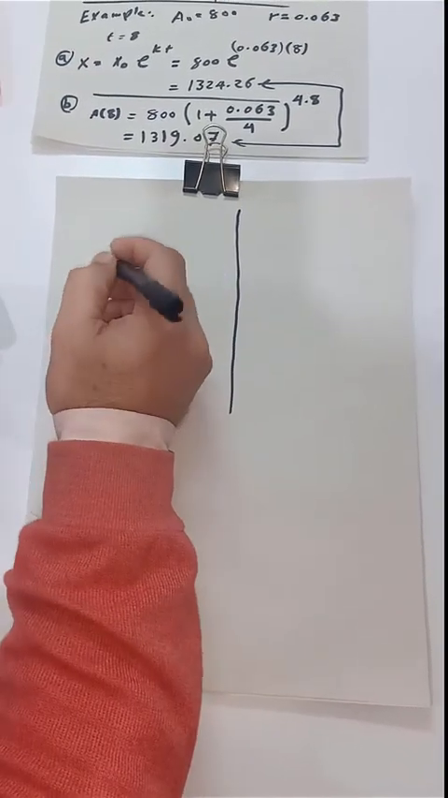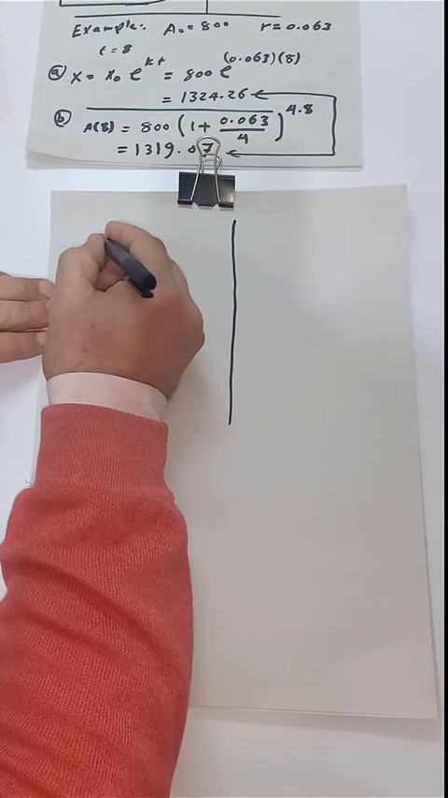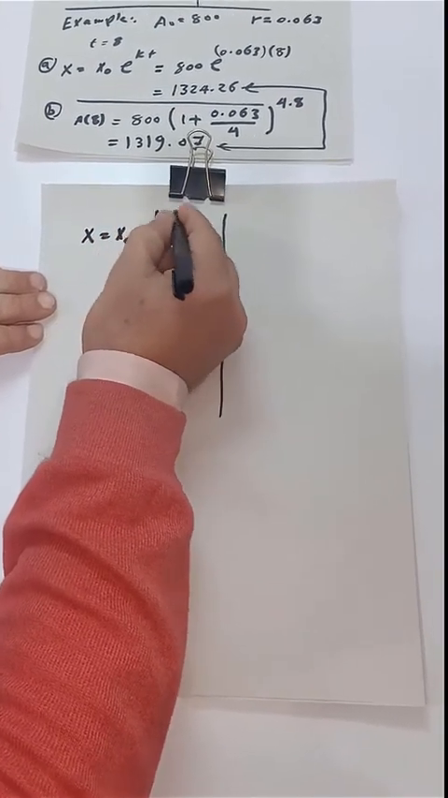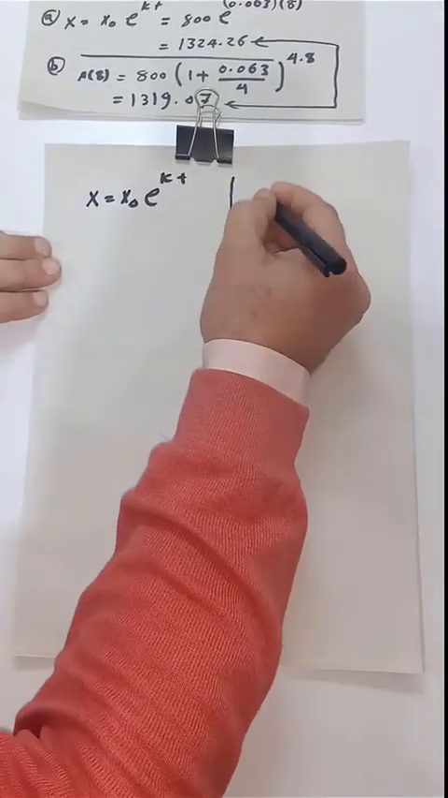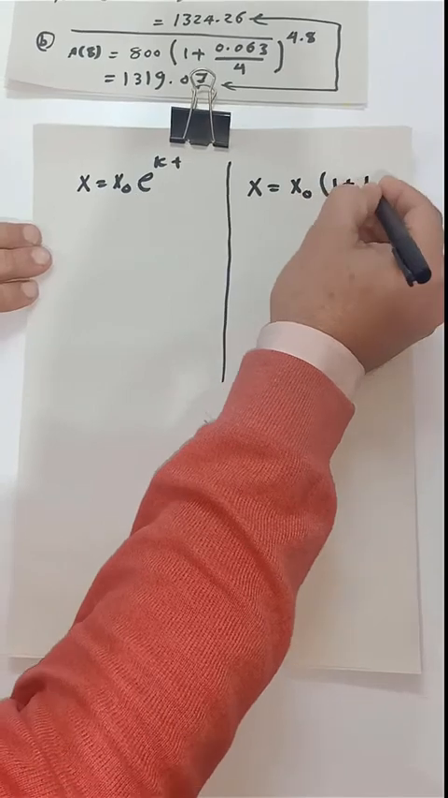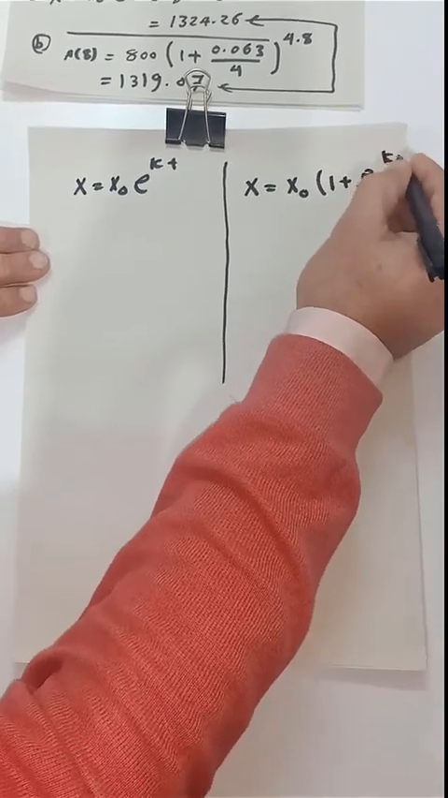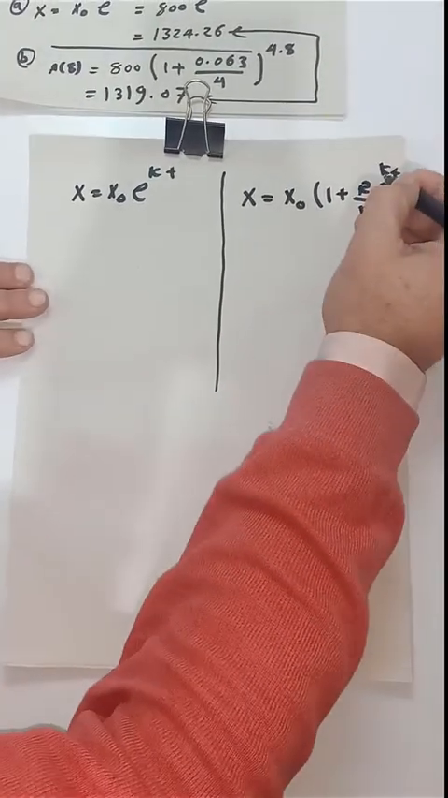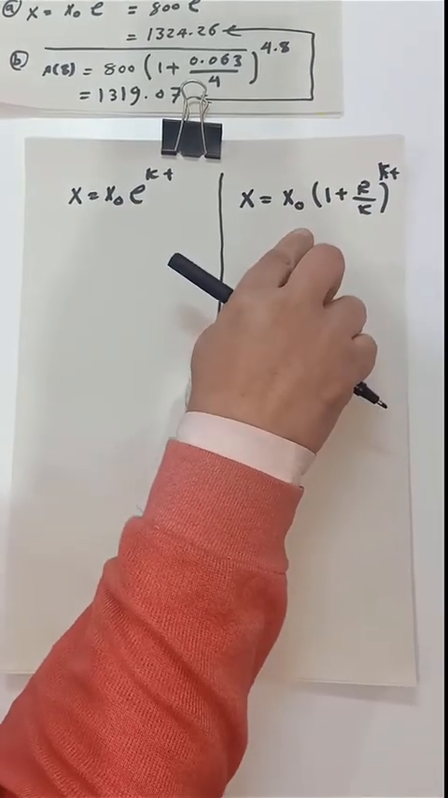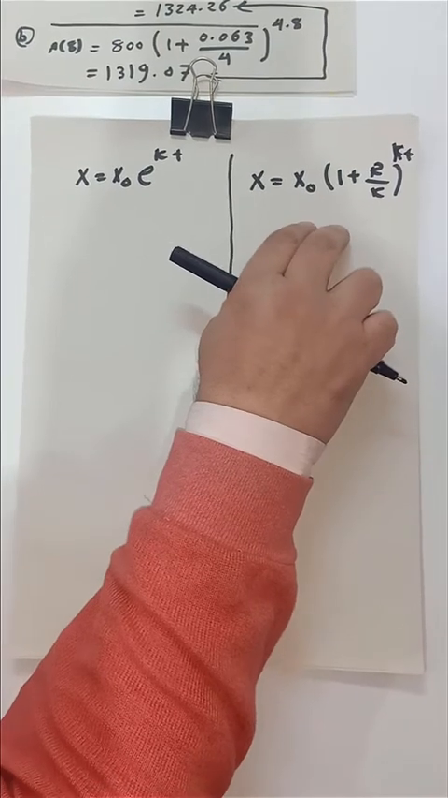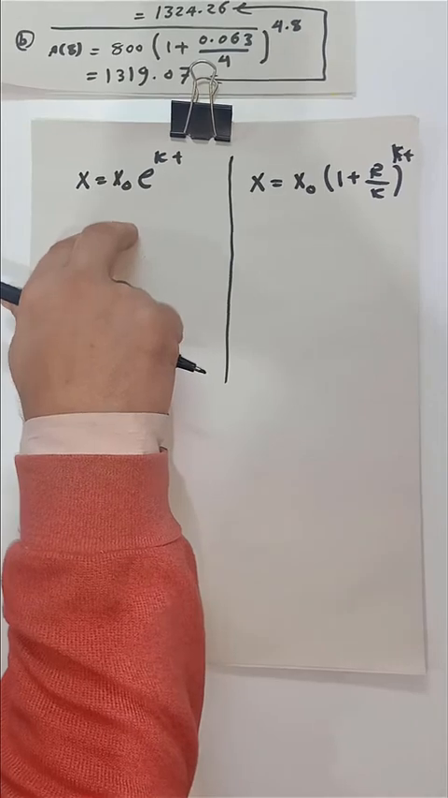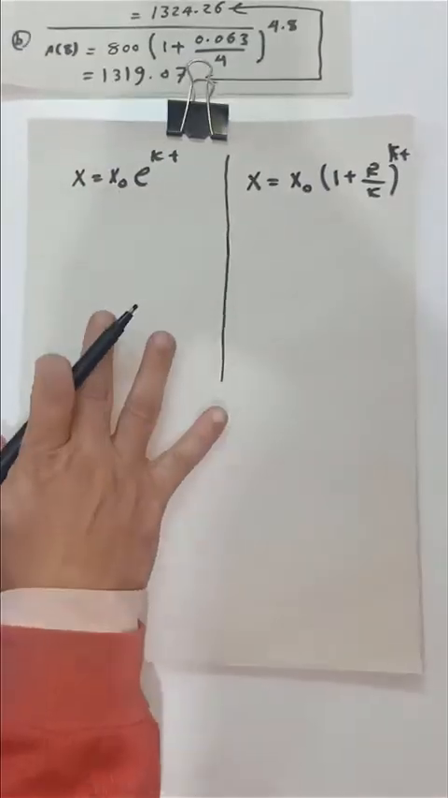We use two formulas. The first one, A equals A naught e power kt, and the second one, A equals A naught times 1 plus r over k to the power kt. This formula we use in grade 10, and this formula we use in grade 12. What is the difference? Here k